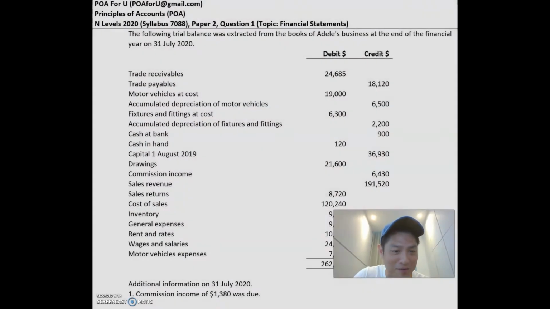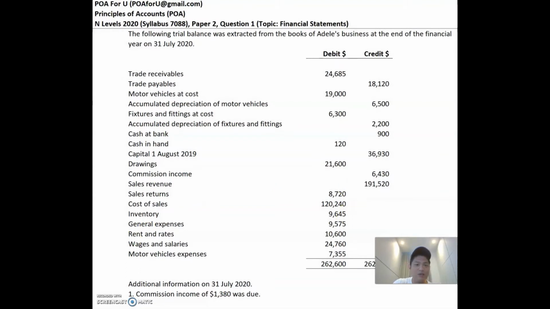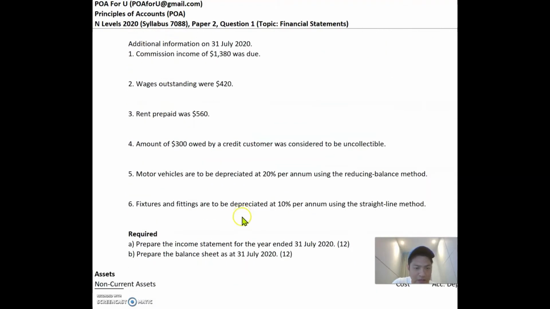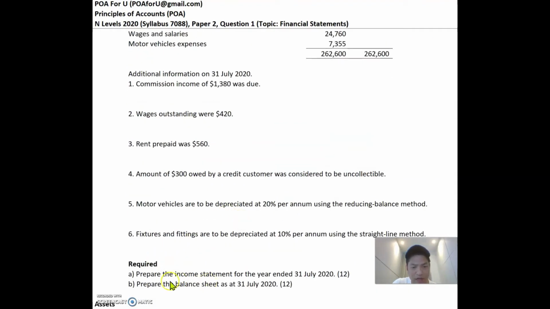So let's get right into it. These kind of questions always start with a trial balance, right? And then you have additional information, and based on the additional information, you're supposed to prepare an income statement or